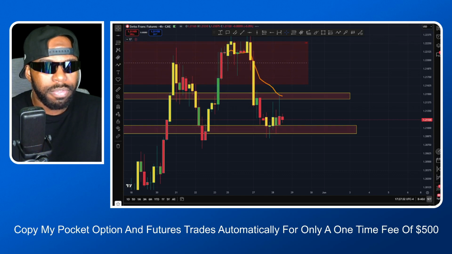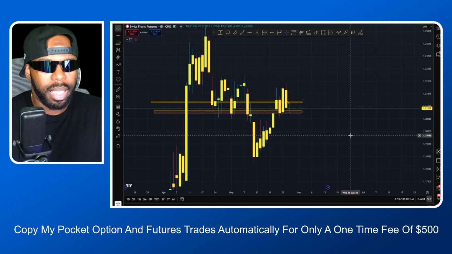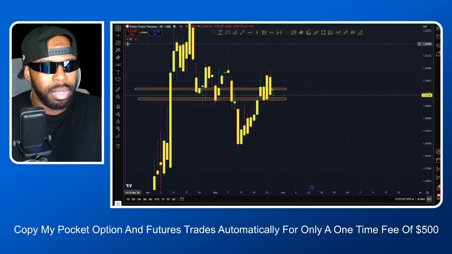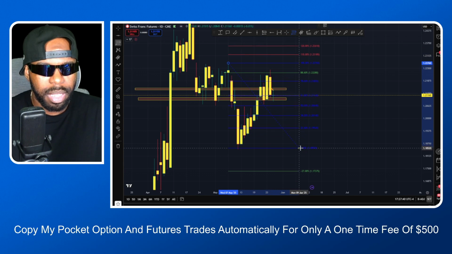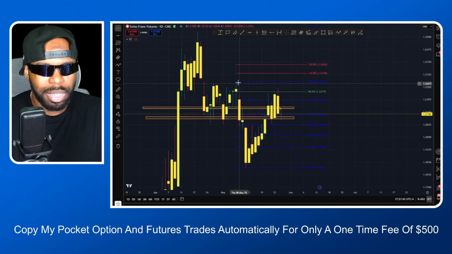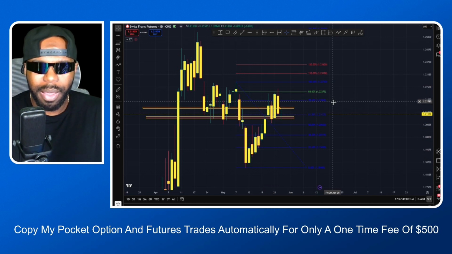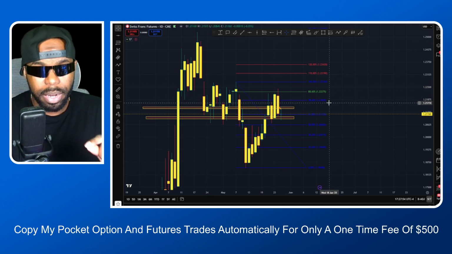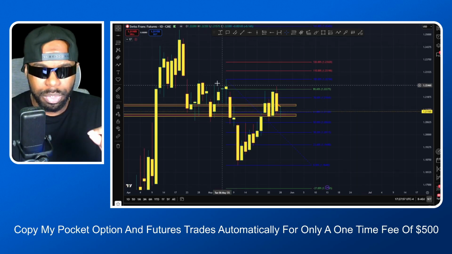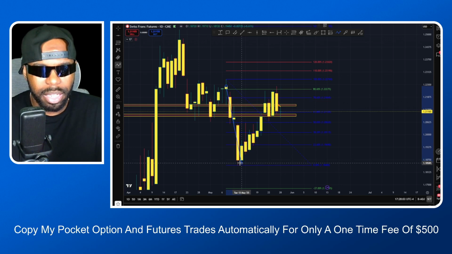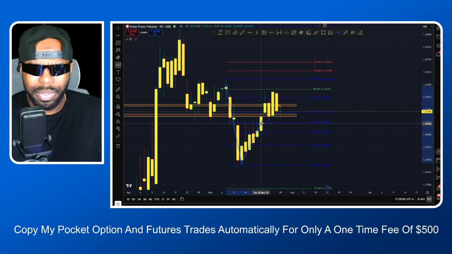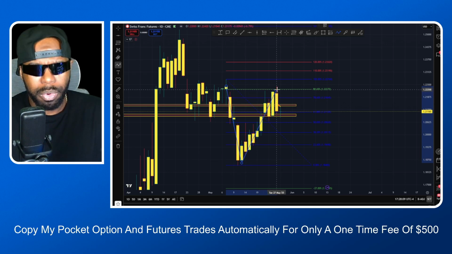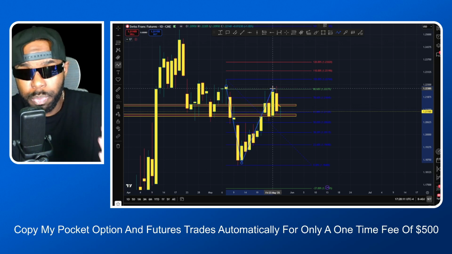Okay, so the 4-hour is telling us that we should be selling, and even the daily is telling us that we should be selling. If I draw my Fibonacci retracement tool here, as you can see, this is the lowest point. It created a low here, then pulled back. Look at how perfect. Y'all also got to learn how to use this Fibonacci retracement tool, because if you learn how to use it, this is a daily chart, so it'll take some days, but if you're swing trading, you could have literally waited for price to pull back into the 88.6, and then now you can expect